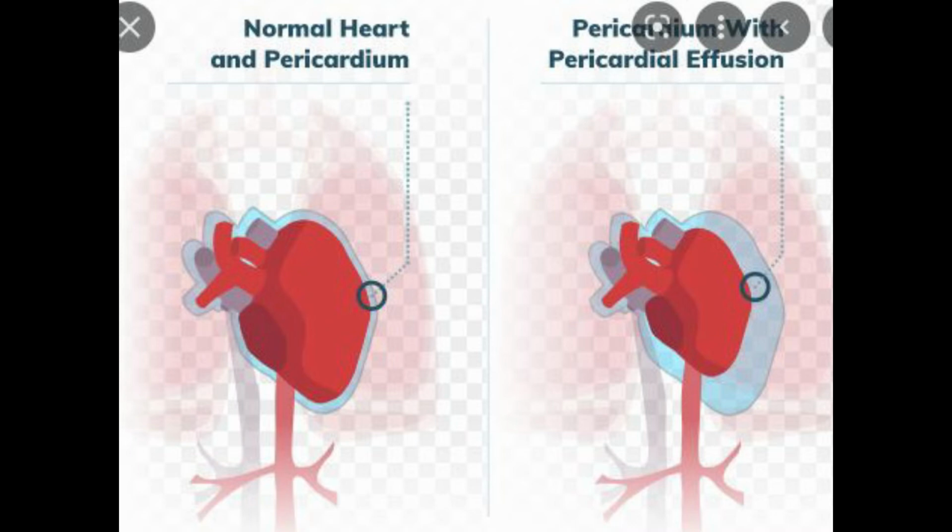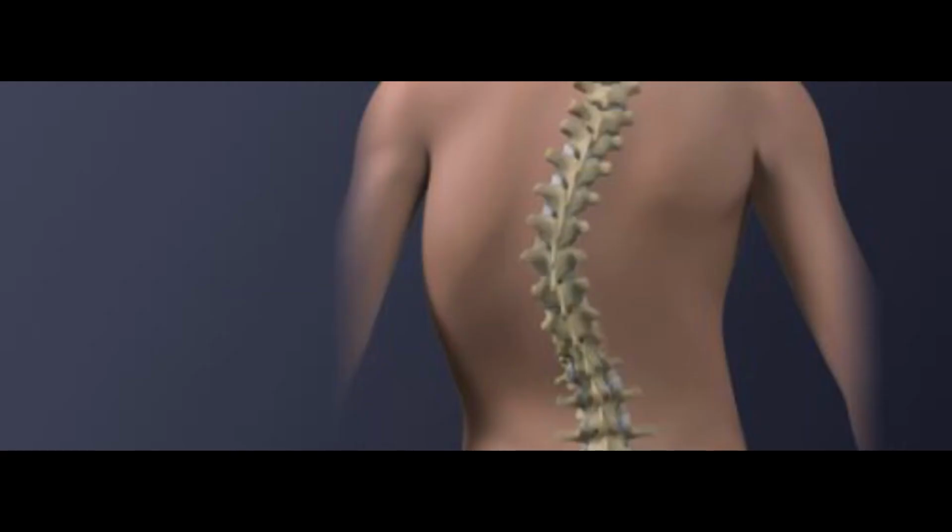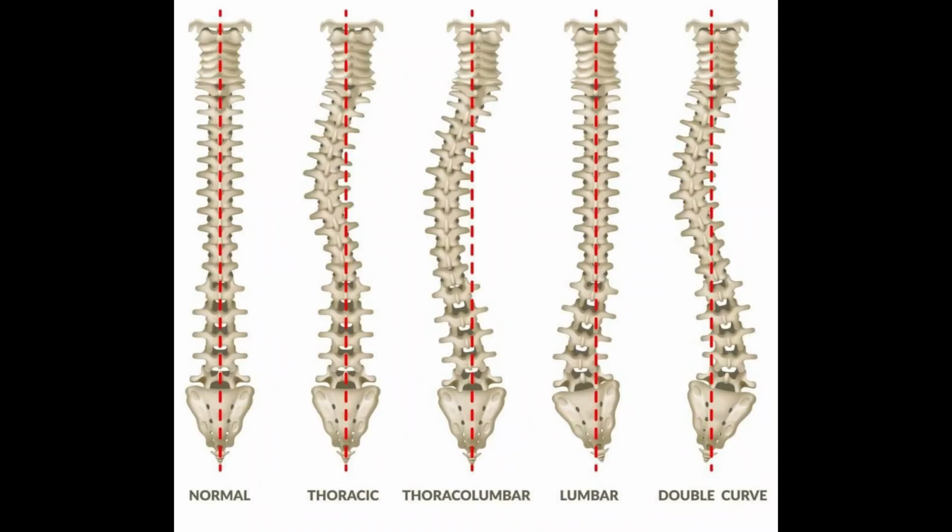Congenital deformity can also lead to bulging of the precordium or chest, and non-cardiac conditions like bronchogenic carcinoma or